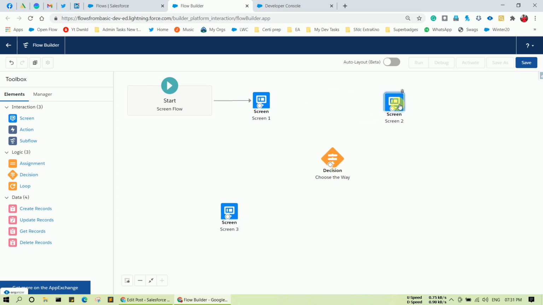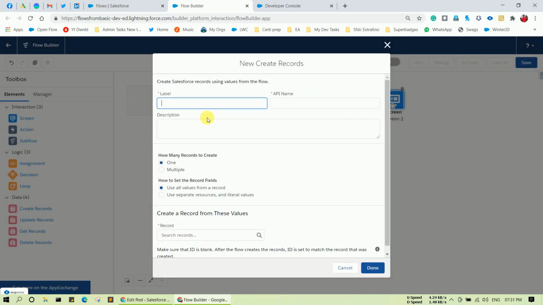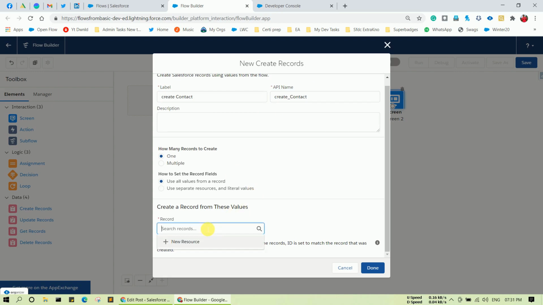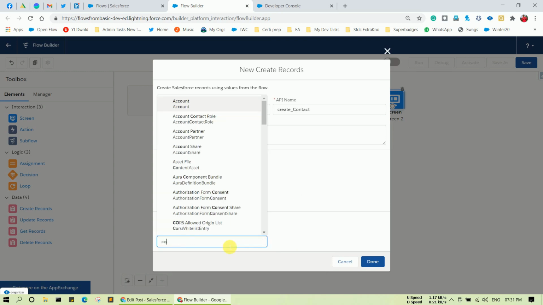I am going to create a record after Screen 1. For that, I have to drag and drop the Create Records element from the toolbox to the canvas and provide the label. Let's say Create Contact. In the record I have to use separate resources because I have only limited fields which I am taking from the user.